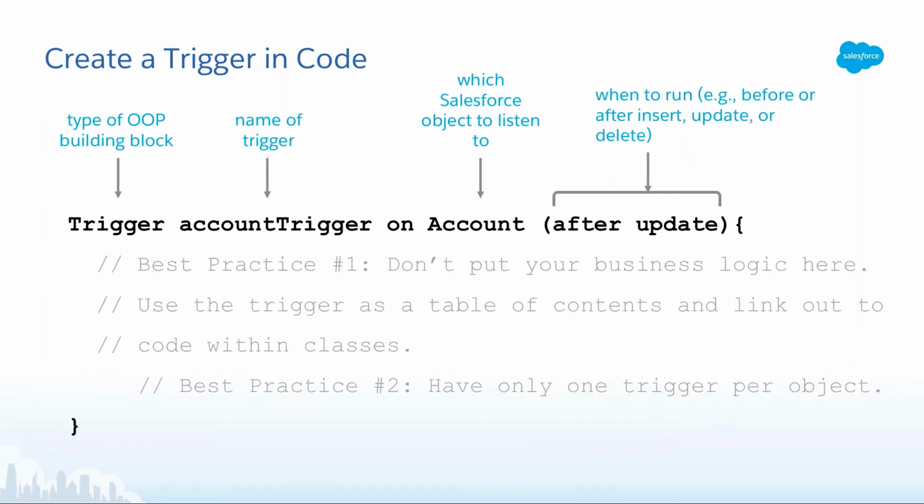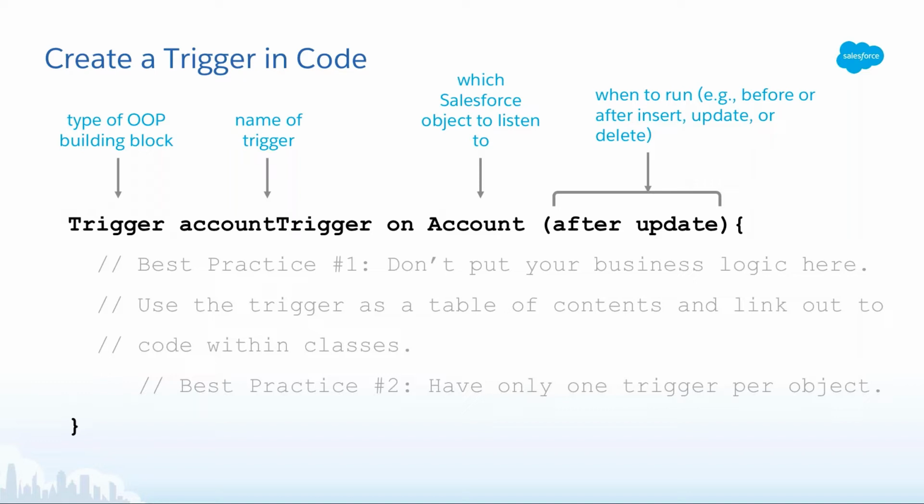So let's take a look at how to create a trigger in Apex. First is the keyword trigger, and then the name of the trigger. This name can be anything you want it to be, but of course you want it to be something that's related to your code. For us, our trigger is called AccountTrigger. And next is the word on, that doesn't change, and then the name of the object that you want your trigger to listen to. Ours is the Salesforce object Account, but it can be really any object, even custom objects that your trigger can listen to.